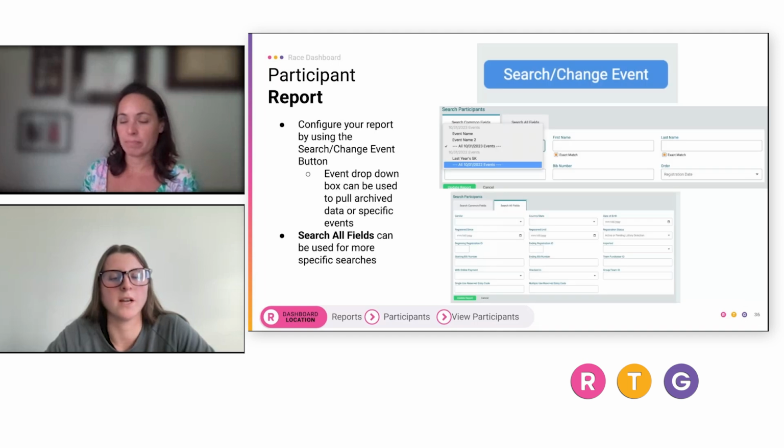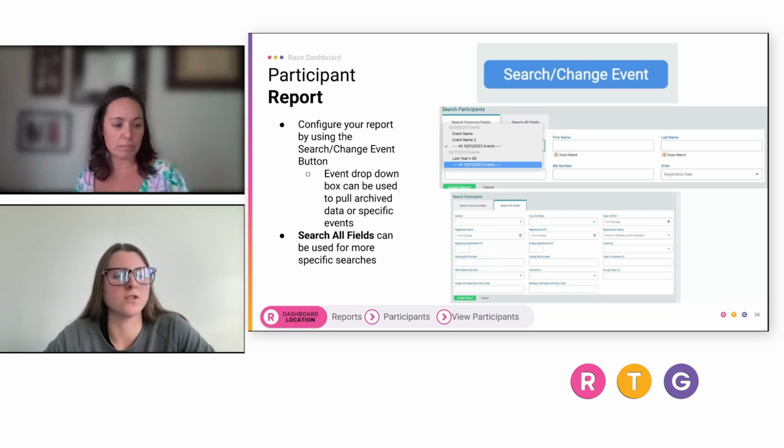Then within the report, I talked a little bit about what the default view shows, and you can adjust the default view using these different search parameters. So if you click search change event up at the top of the report, you can search based on specific registrant information. You can also use the event dropdown to select a specific event within a certain year, or you can go back in and view